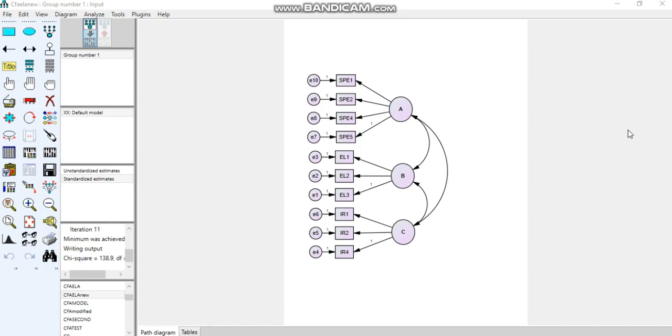And this time I'm going to explain how to calculate convergent validity and discriminant validity using AMOS and confirmatory factor analysis. In confirmatory factor analysis, we usually test convergent validity and discriminant validity, and also the unidimensionality of the model, or unidimensionality of the scales used in the model. Today I'm going to show you how to perform